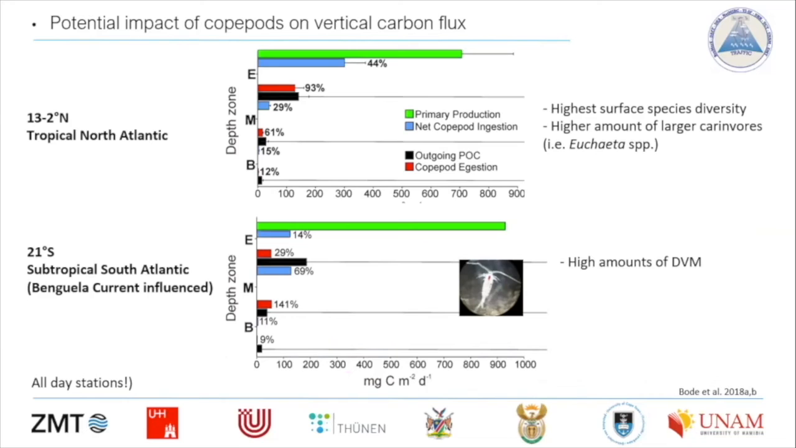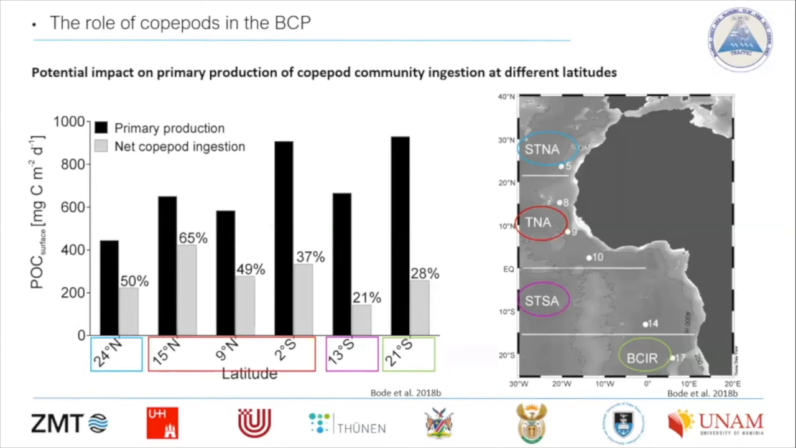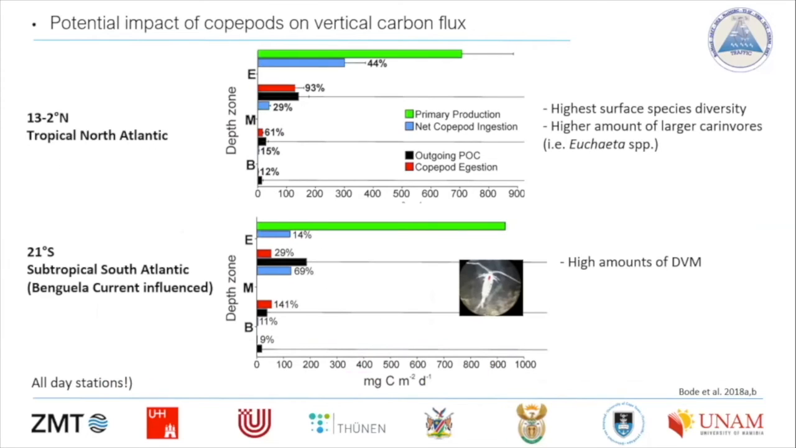This is to go a bit into detail. This is the vertical structuring here from the epi-, the meso-, and the bathypelagic zone. The upper figure is from the tropical North Atlantic, and the lower one is from a subtropical South Atlantic region, which was influenced by the Benguela. So it was here in this tropical region, and then here in the southern, this Benguela-influenced region, where we